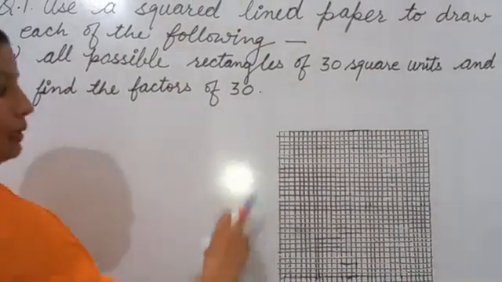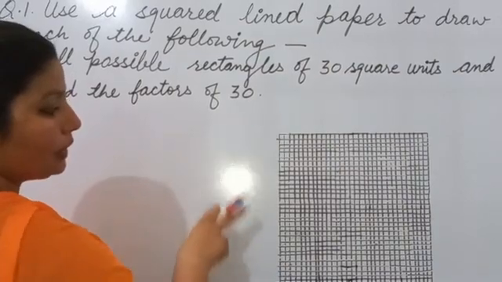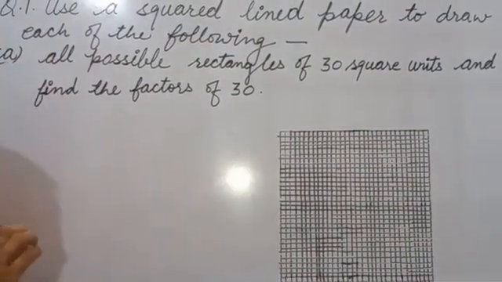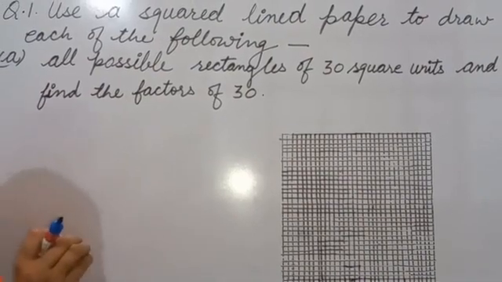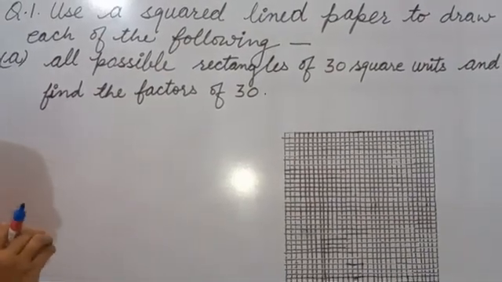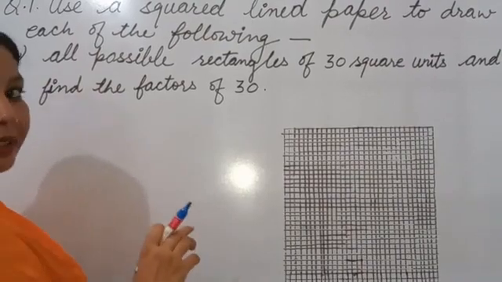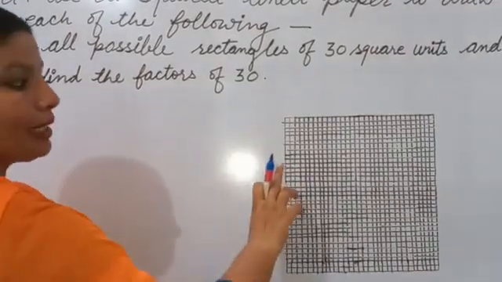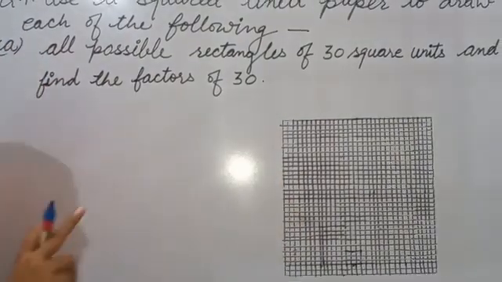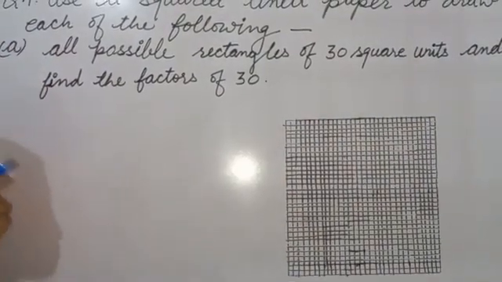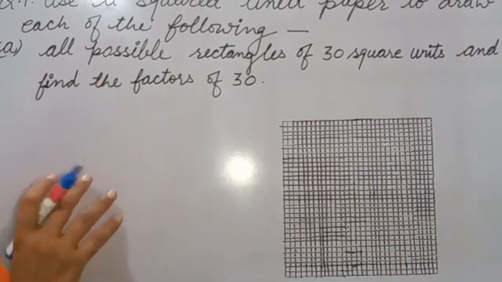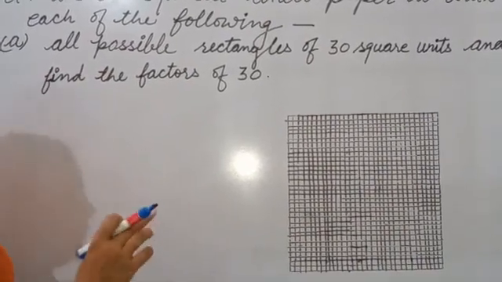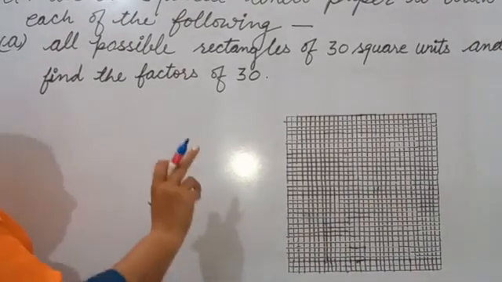In your notebook you can make boxes like I make here, 32 by 32. Okay, so you can take any unit, centimeter or half centimeter. If you make 1 centimeter by 1 centimeter, it will not fit in your register, so you will make it by half centimeter. Okay, like this box you can make in your notebook. And if that is not possible, you can use the square paper or blocks notebooks which you have, take a page from that, and draw the rectangles in it.